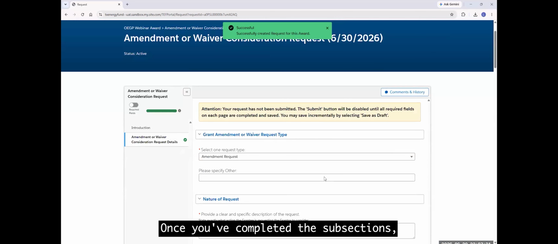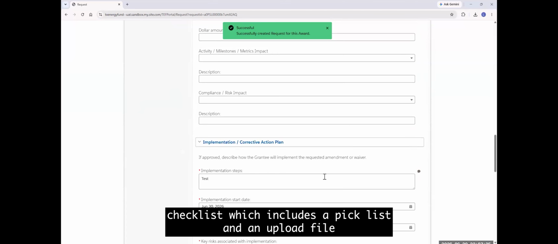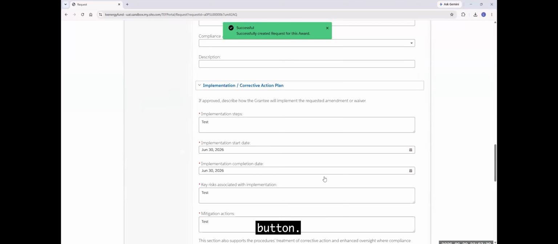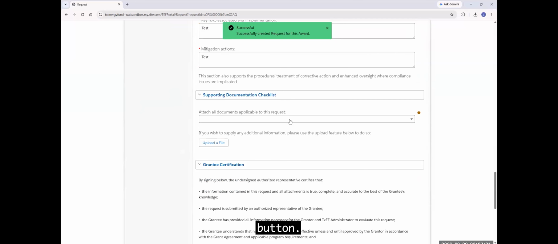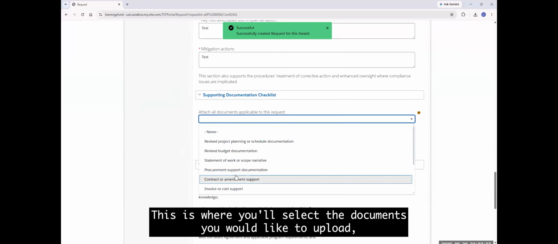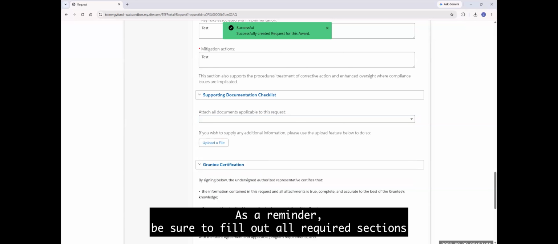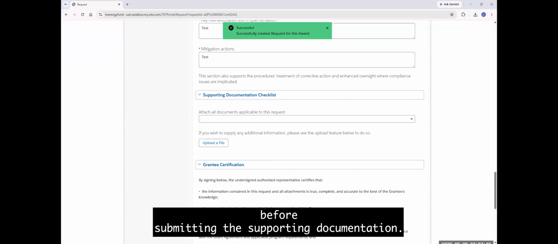Once you've completed the subsections, there is a supporting documentation checklist, which includes a pick list and an upload file button. This is where you'll select the documents you would like to upload and then upload the documentation relevant to your request. As a reminder, be sure to fill out all required sections before submitting the supporting documentation.